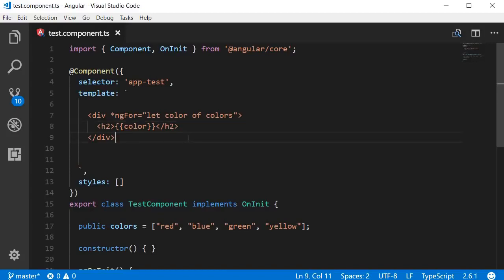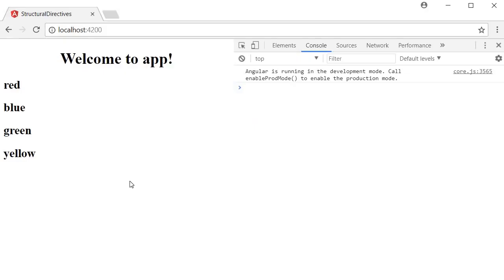So here is how this syntax works. It finds colors, which is the data source for the loop. In each iteration of the loop, color refers to one item in the array. First iteration it is red, second iteration it is blue, third green, and the last iteration it is yellow. And for each of these values, the h2 tag gets rendered. So if we save this and take a look at the browser, you can see the list of colors: red,